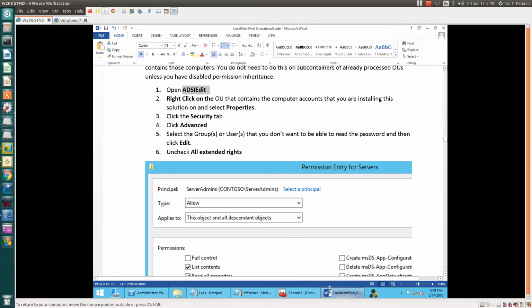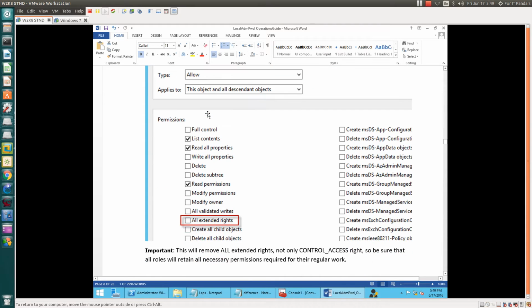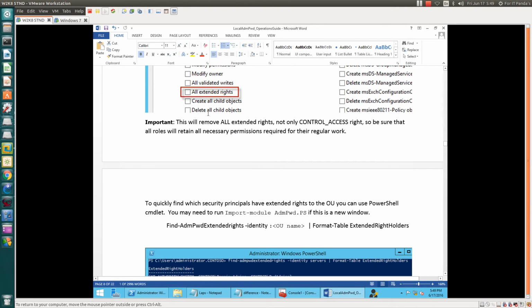In your case, you can check again if you want to cross verify. Only the respective users should have read or write access for the password attributes. We will see the same in a future video.